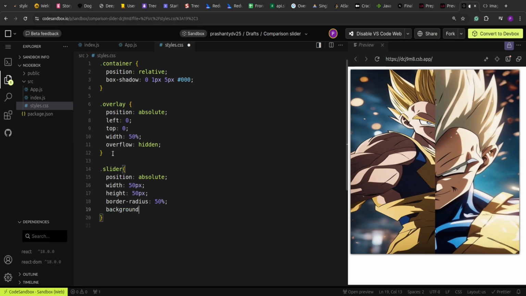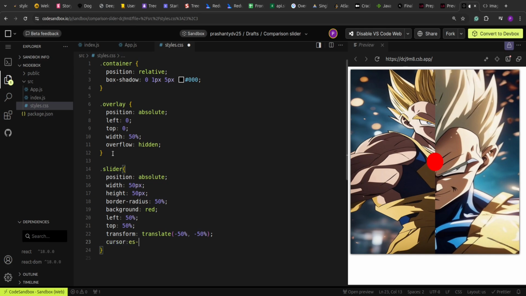We set the background as red, then we set left as 50%, top as 50%, it's now visible, and then we have to center align it. So we'll transform and translate its x and y axis to minus 50% so that it is center aligned. Now it is center aligned, as you can see,